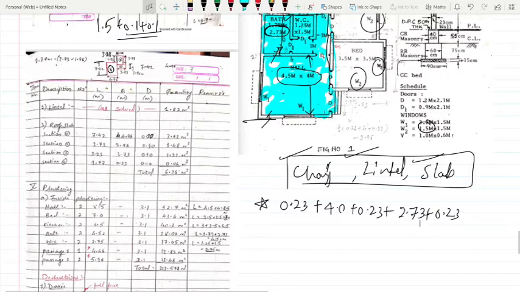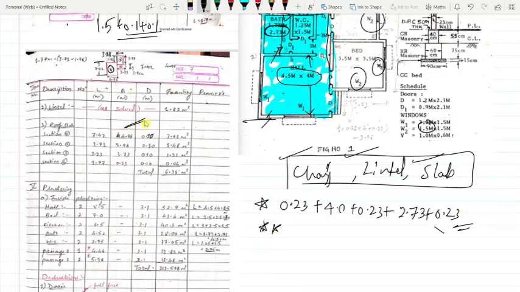If you do this, you can check. You get 7.242 meters. Just check. Yes, correct.